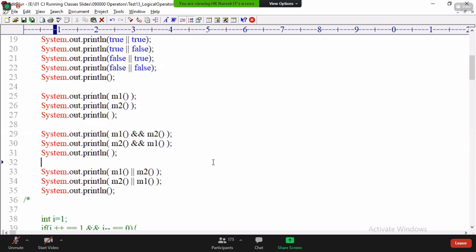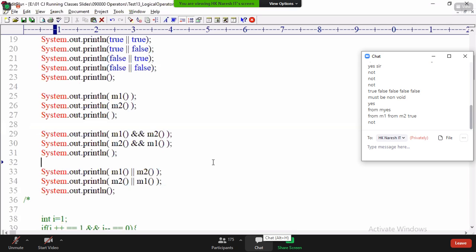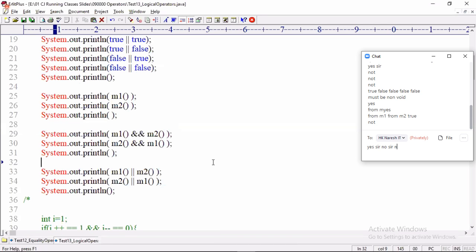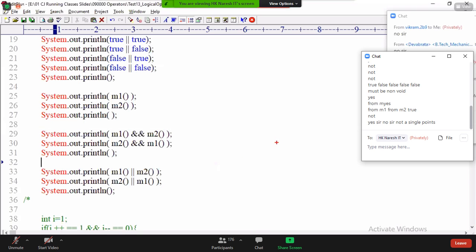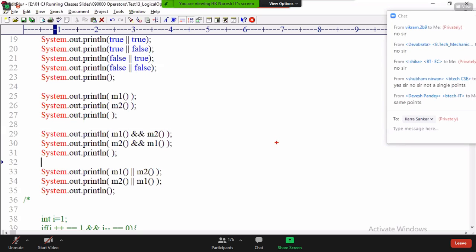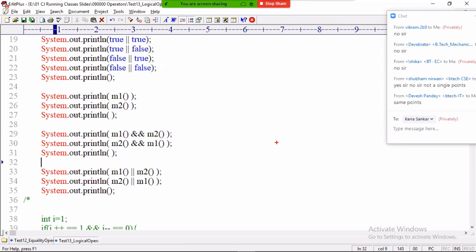I requested you to practice written test exam questions, for example by a Google search for arithmetic operator interview questions and MCQ questions. Are you practicing? Did you find any new points other than our discussion? The question may change, but the solving procedure is the same, right? The program inputs and variable names may change.